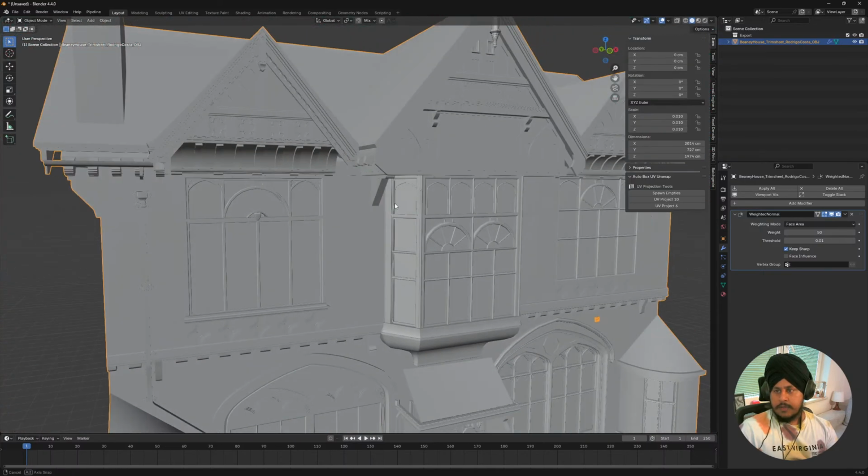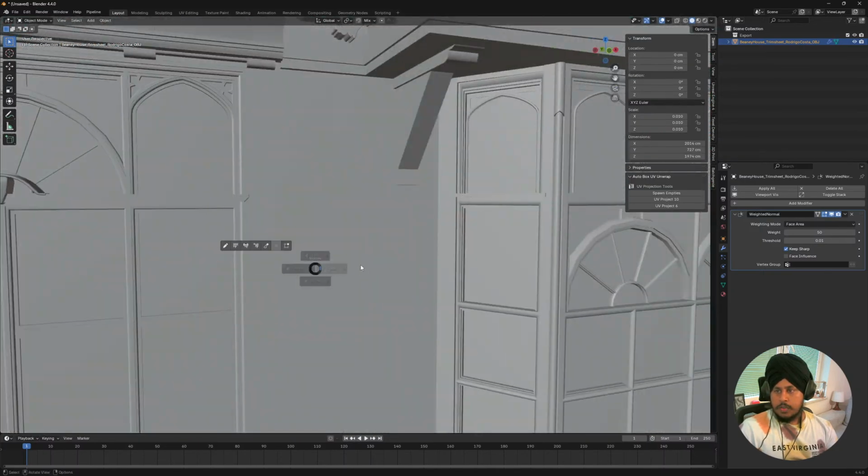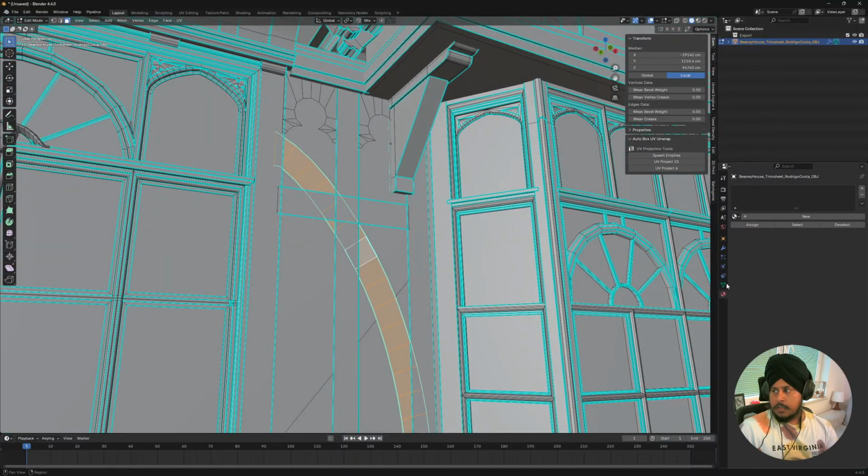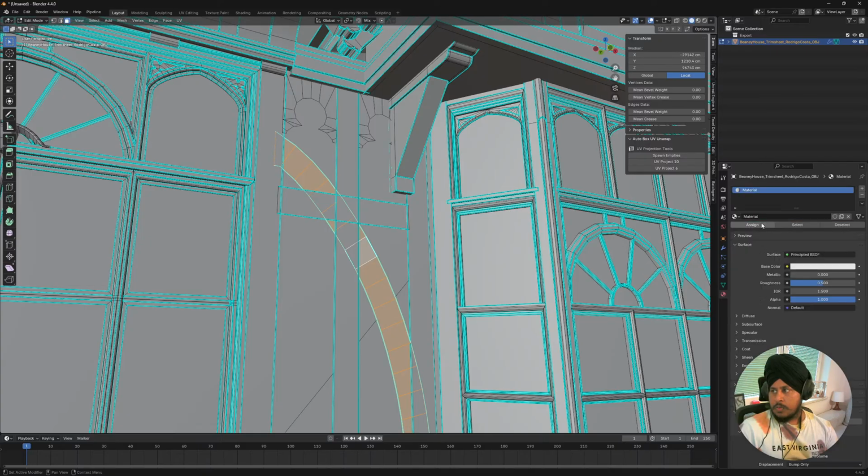It's not even that heavy, right? So then you just assign a different material to it, basically. Wood trims, I will call it. Okay,